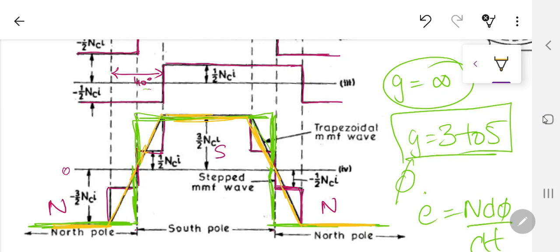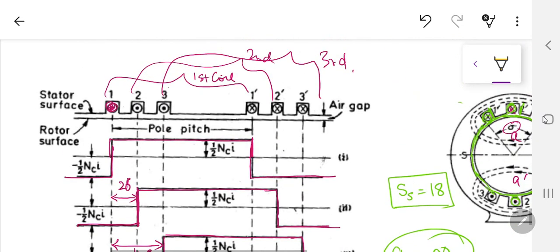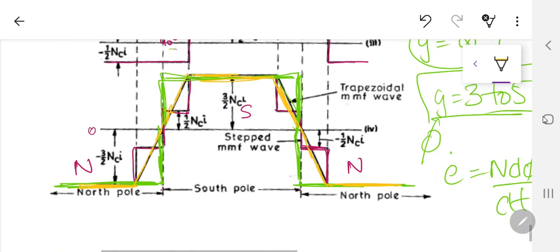One thing very important at present, please don't take this waveform of MMF as the final answer, because this is just being produced by one phase. If you have seen the revolving field theory whenever it was discussed graphically in the machines course, you have A phase, B phase and C phase all combining together. So this is going to be a combined effect of all. At present, I have just shown the A phase. At the same time, you can add the B phase and the C phase and then the final form of the MMF.